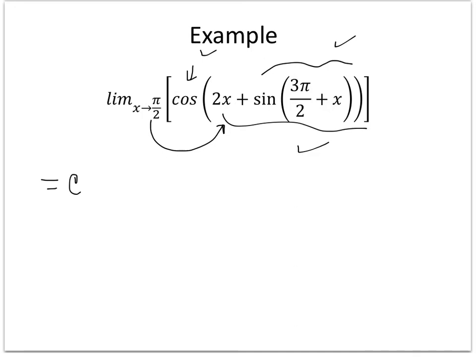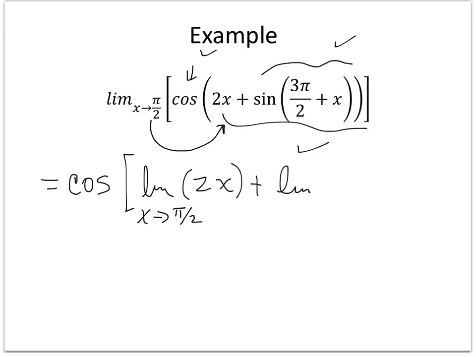So I'm going to have equals the cosine of the limit of 2x as x approaches pi over 2, plus the limit of sine of 3 pi over 2 plus x, all that's in that parentheses, as x approaches pi